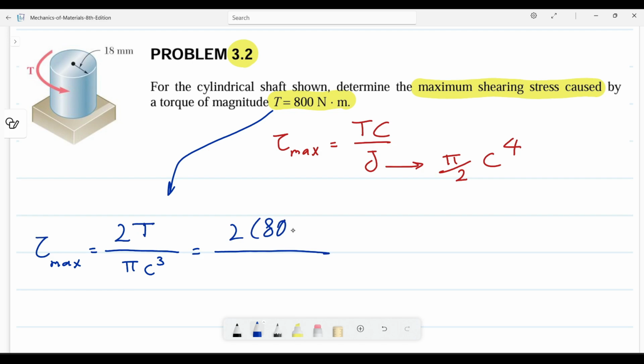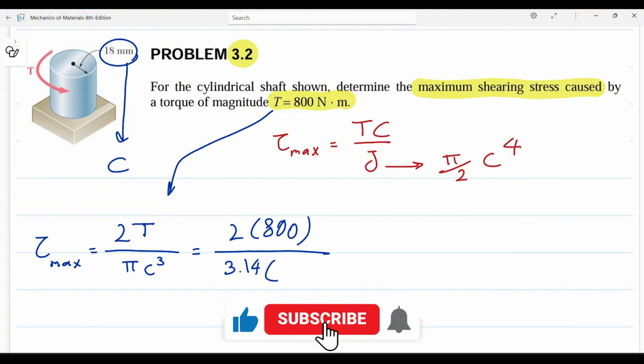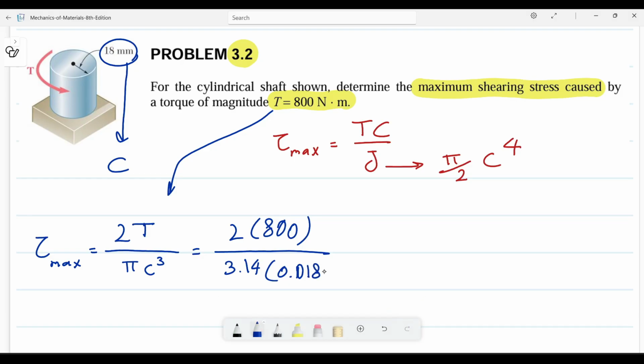T is equal 800 and pi is 3.14, and also here we have c, which is equal 0.018 meter to the power of 3, and it's equal 7.328 multiplied by 10 to the power of 6 Pascal,